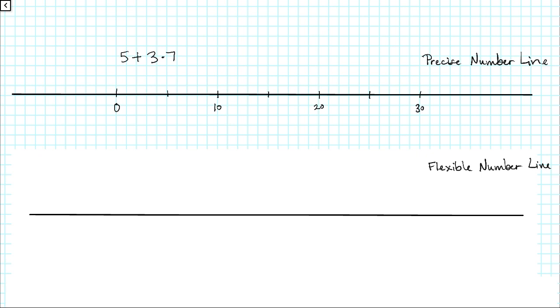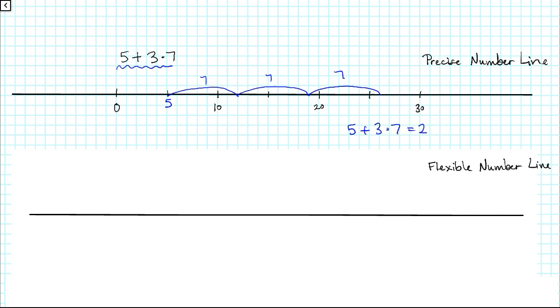So using a precise number line, I might look at this calculation of 5 plus 3 times 7 as saying, well, I'm going to start at the 5, and then I'm going to add 3 copies of 7. You could also add 7 copies of 3, but either way. So there's 1 copy of 7, and then here's another 7, and here is another 7. So 5 plus 7 gives me 12, plus another 7 gives me 19, plus another 7 gives me 26. So we see 5 plus 3 times 7